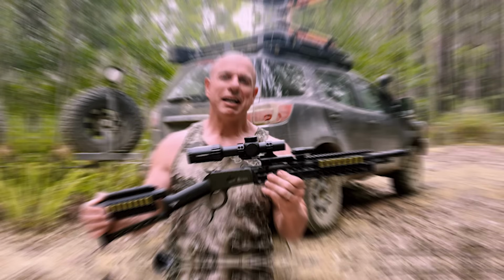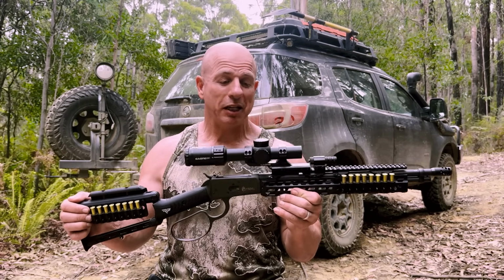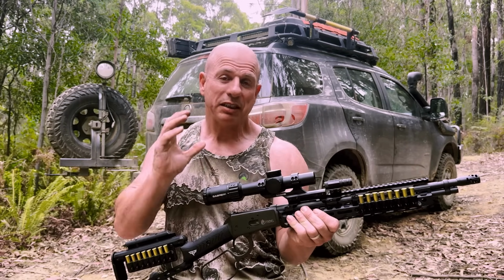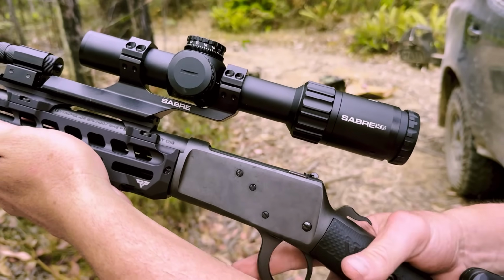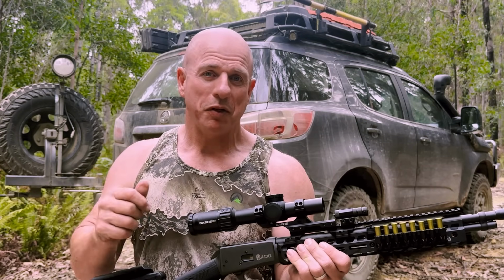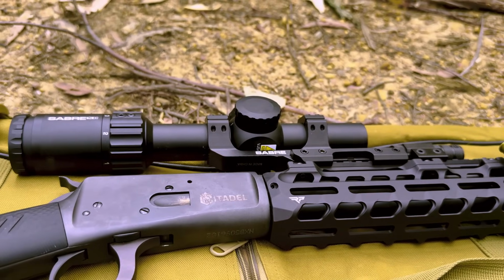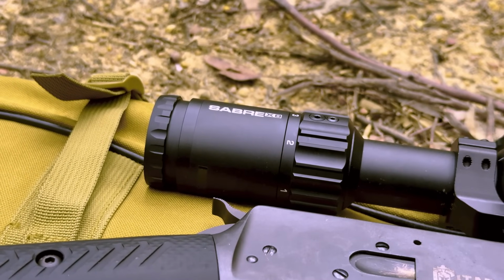The firearm looks fantastic, but looks are one thing, it still needs to perform, and that's where Sabre comes into the equation. This Sabre scope is specifically supplied to me for a number of reasons. I needed something that would work well in low light, would have great eye relief and also a wide field of view. The Sabre Optic answers that and does a whole lot more. In fact, it's probably far too much of a scope for this firearm, but for my purposes,